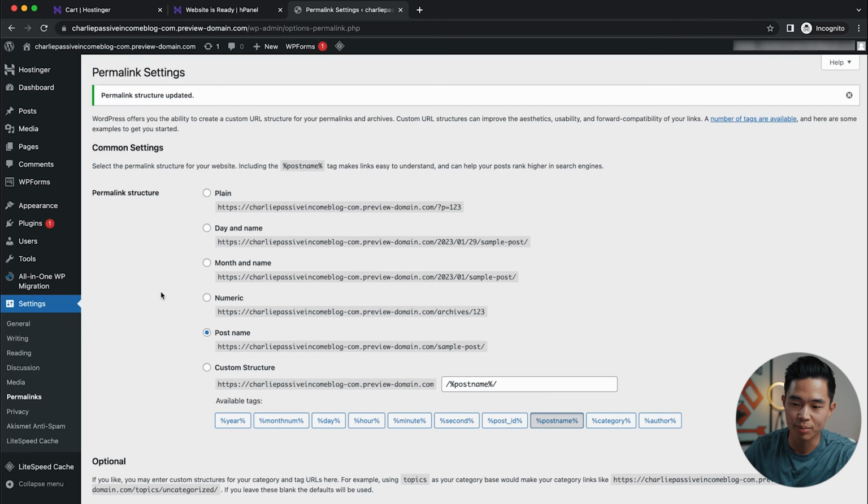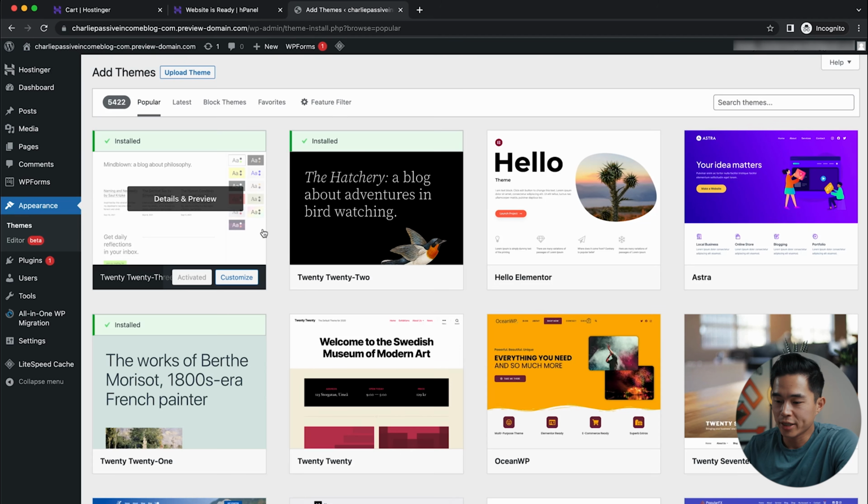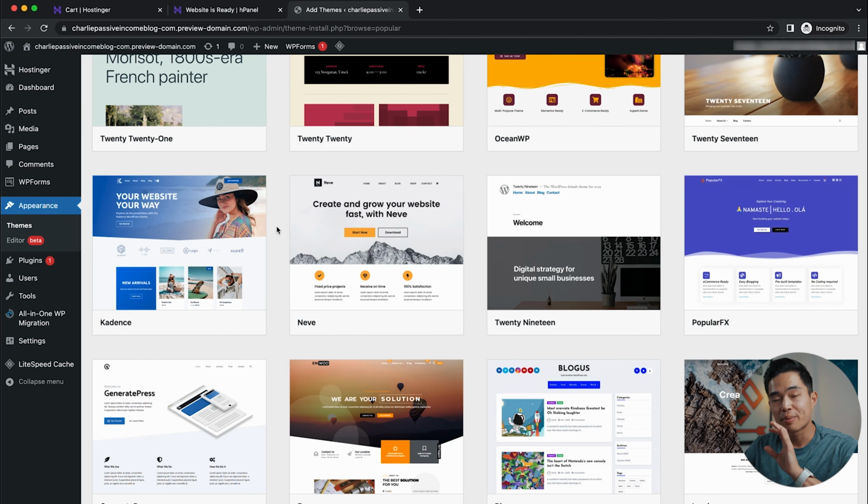So now after that, I'm gonna come here to appearance, and now we're gonna actually add our theme. So this is basically gonna be the complete look of our website. What I'll do is come here to add new, and here you guys will see WordPress has so many really great looking templates that you guys can use. These are all professionally made, and it definitely is one of the biggest selling points of using WordPress. It allows you to really easily be able to make a website that looks professional without, of course, having to code and pay for a developer.